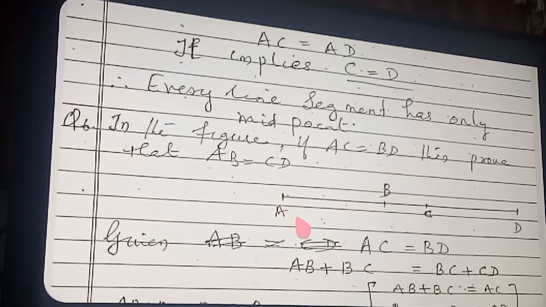So can you split this AC? See here, can you split AC in terms of line segments? A to C, how can you split it? You can split AC as AB plus BC. AB plus BC is the same as AC. See here, AB plus BC and AC are coincident. They are the same. Therefore, AB plus BC is equal to AC. So in the place of AC, what did I write? AB plus BC. Following now?